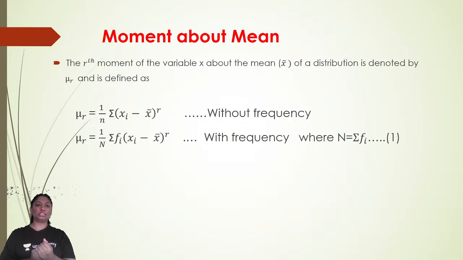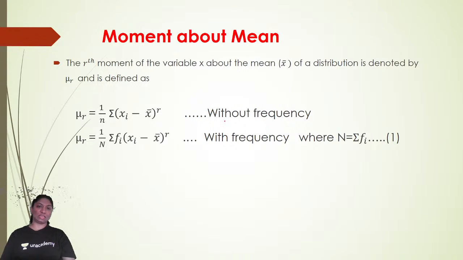Now see the first formula, the moment about mean. There are three types of moments: moment about origin, moment about mean, and moment about any point. Here we will see moment about mean. The rth moment of a variable x about the mean x bar of a distribution is denoted by mu r and is defined as mu r is equal to 1 by n summation of xi minus x bar bracket raised to r,